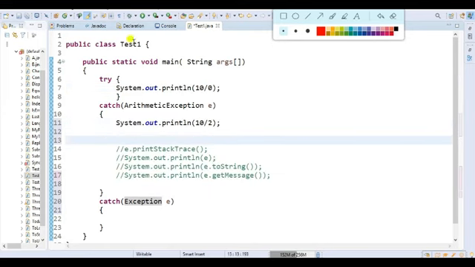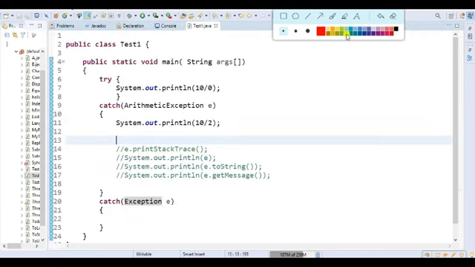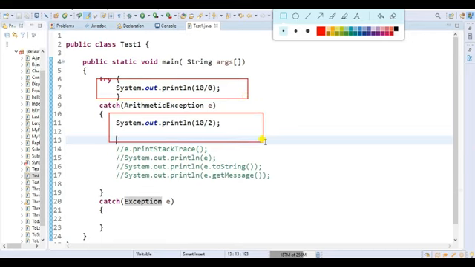Okay. So I will see that there is no error in compilation. Also at runtime there is no error. So let me execute this one. I am expecting the output of 10 by 2, that is 5. Yes, that is right. So here the exception arises in this try block, and the corresponding catch block, this line, is executed.